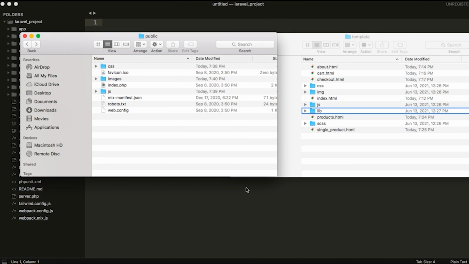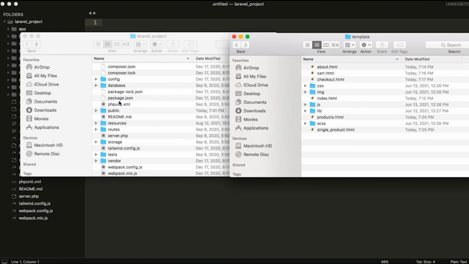Now we are done with the first part. The second part is to get each individual file and integrate it into our project. But this is going to take a little bit of time because we have to follow the blade structure that we created earlier. So we need to start with the index. I'm going to open the index in any text editor. I'm going to open it in Sublime,